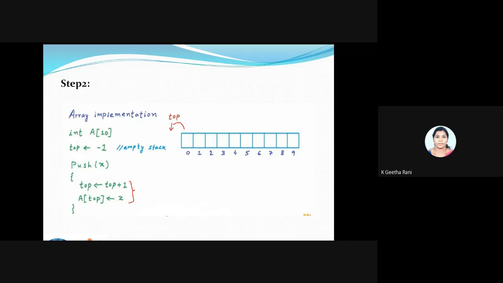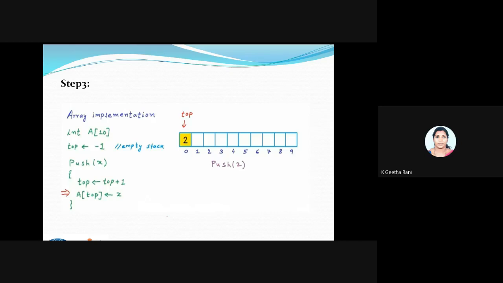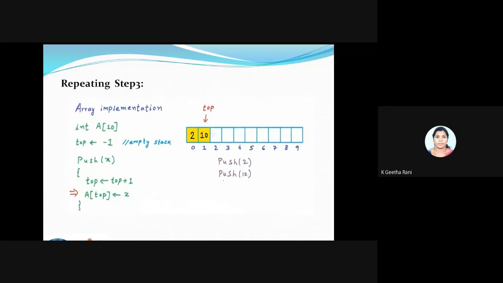For example, I'm going to push a value, push of 2. What happens here: first my top gets incremented, and at that particular index I'm storing the value 2. Next, I'm going to push another value, push of 10.